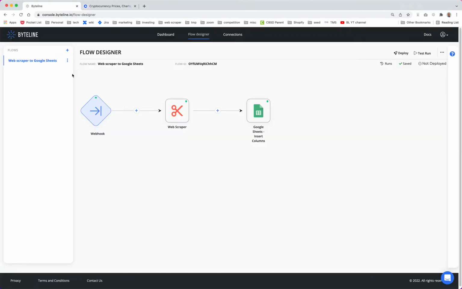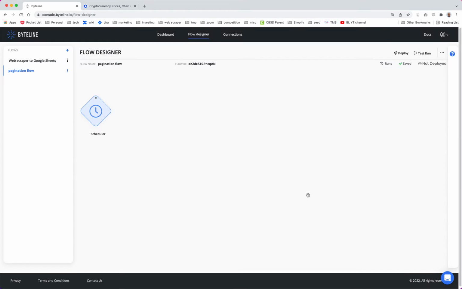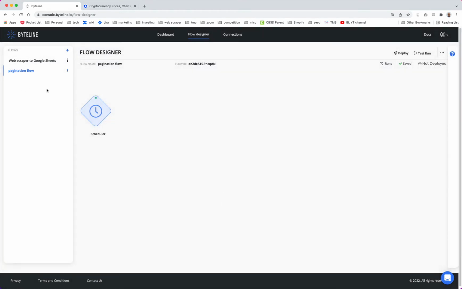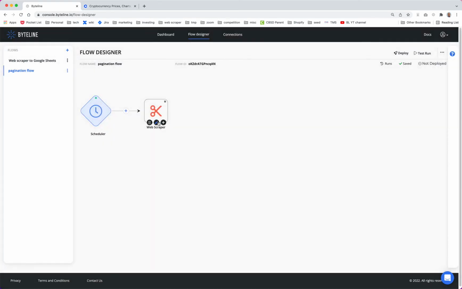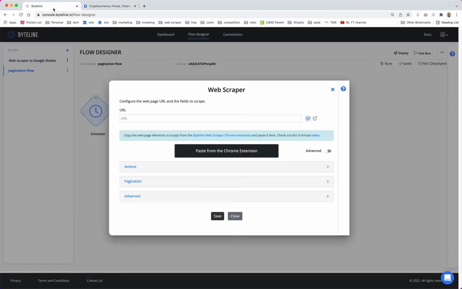So let's build our flow. I'm gonna call it pagination flow, and you trigger. Let's just pick scheduler, and I'm gonna configure scheduler with default settings. And now let's add the next node, which is web scraper. So let's configure it. The first thing is the URL,